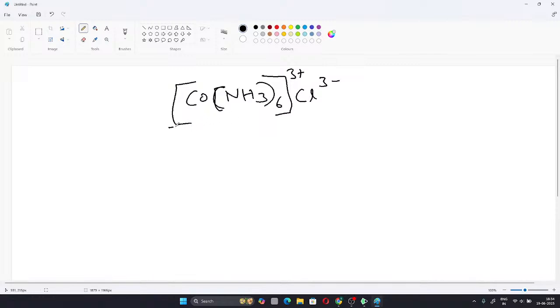This is one of the examples of a coordination compound where whatever is inside this bracket does not lose its identity. When dissociating, it will form